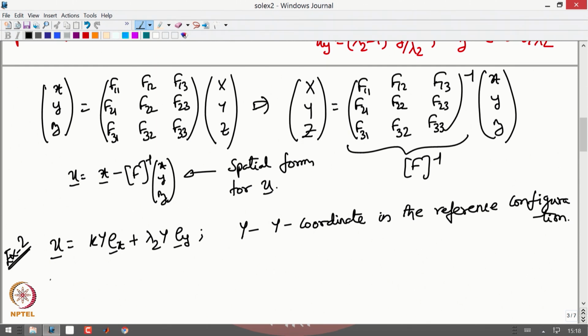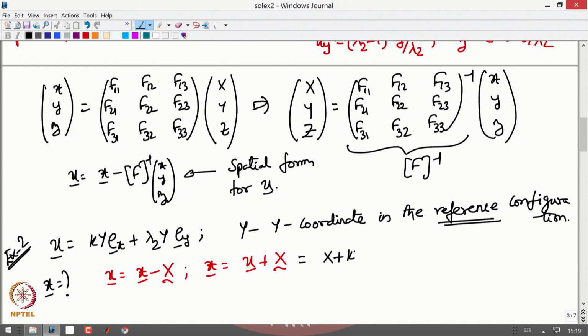Now, I want to find what is small x. From the relationship between the displacement and small x, you know that displacement is small x minus capital X, therefore, small x would be u plus capital X, right. Now, u is represented in the material form because it is in terms of the reference configuration coordinates. So, directly I can add this up and I will get it as